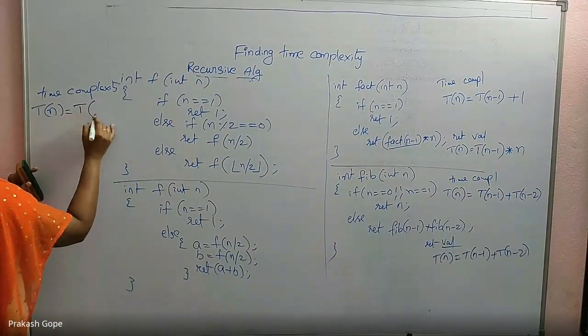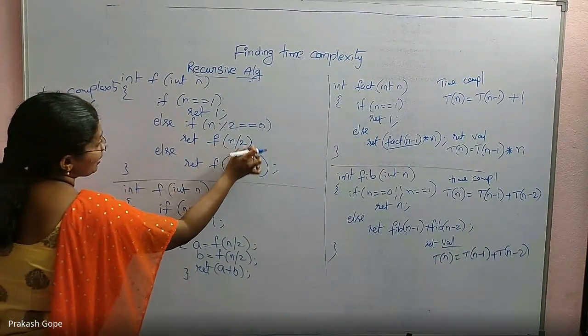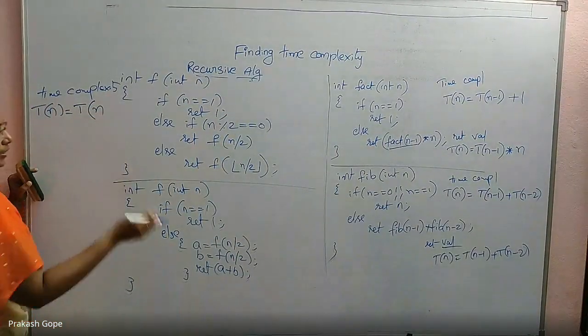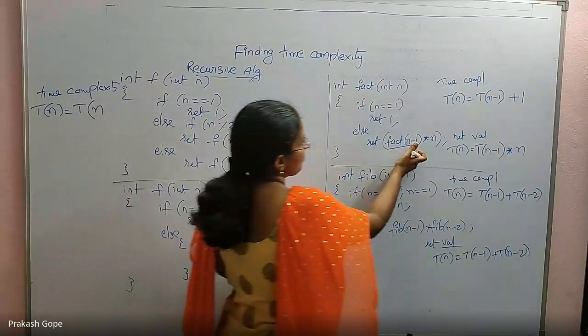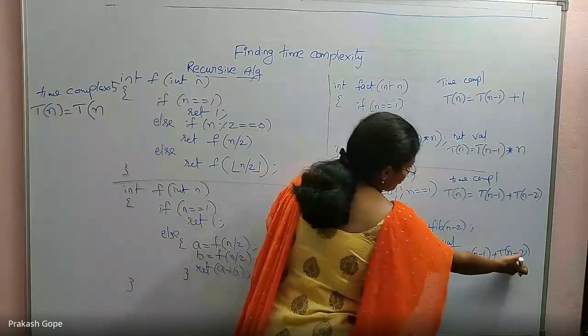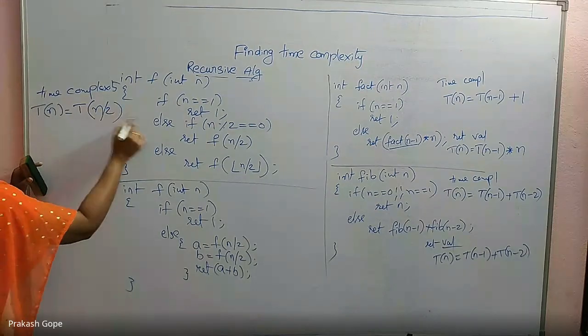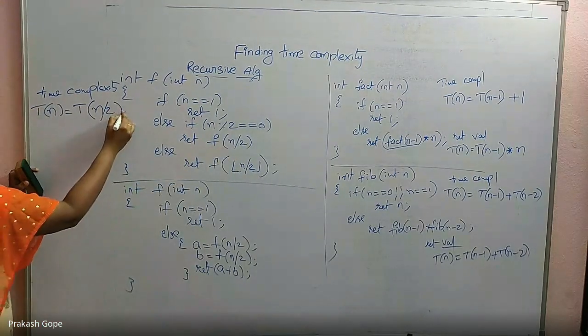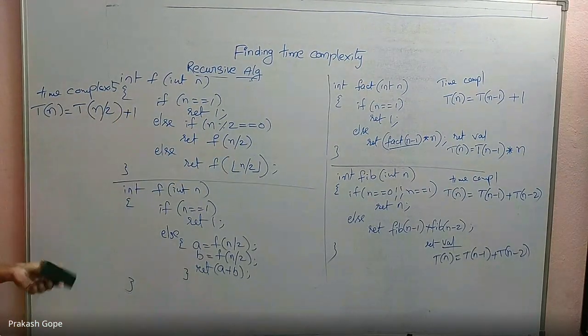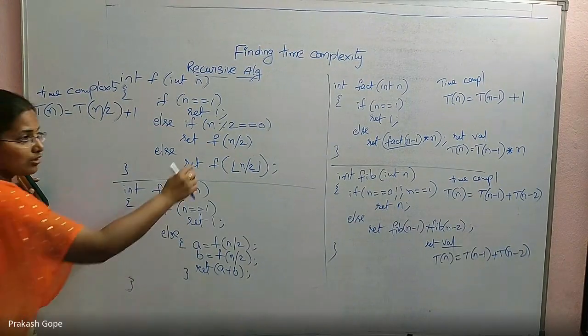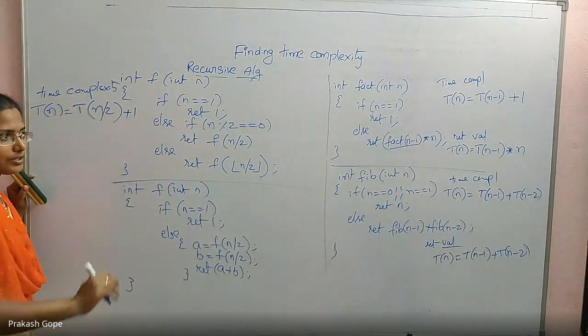So the time taken by the same function when n by 2 is passed. What you are passing to the function: in all previous cases, I passed n minus 1, then n minus 2, and now I am passing n by 2. That's why n by 2, plus some constant amount of instructions for return statements or something like that. It's not that both the functions are getting executed.